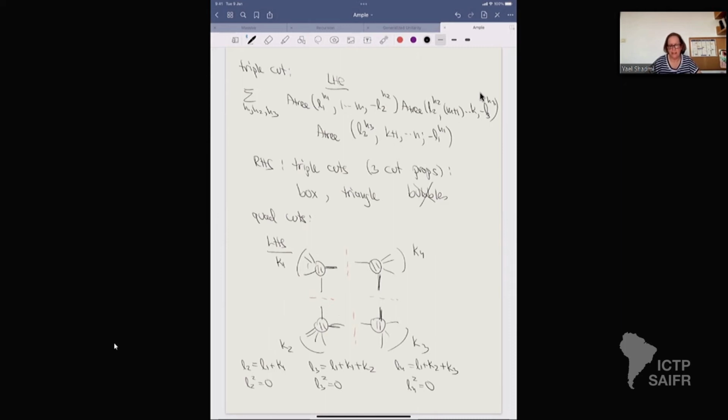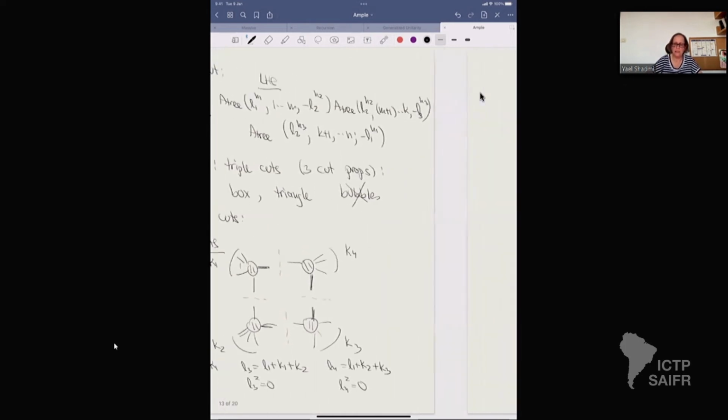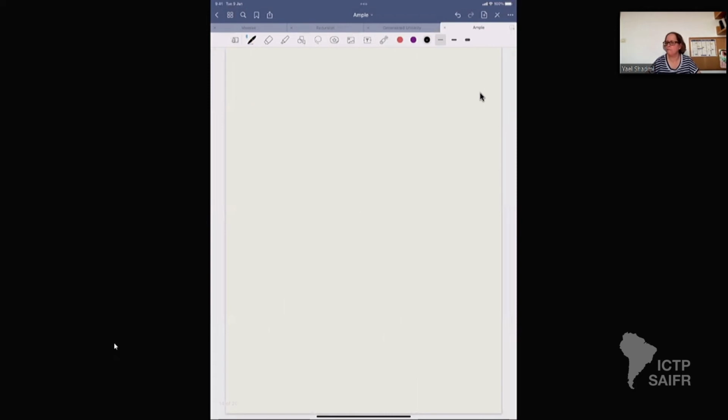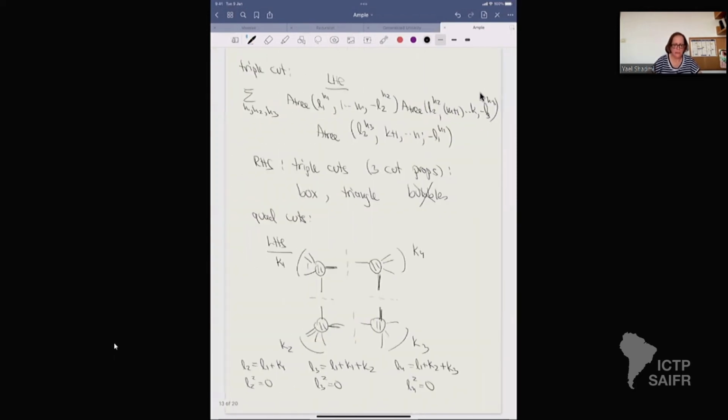In D dimensions, there are only 4 propagators that you can cut. So the point is that because we cut 4 propagators here, the only thing that contributes on the right-hand side, remember I'm equating this to the Passarino-Veltman expression, on the right-hand side, the only thing that contributes are the boxes